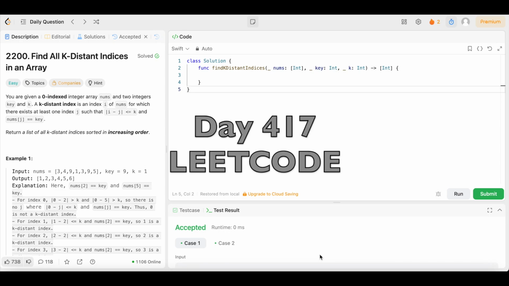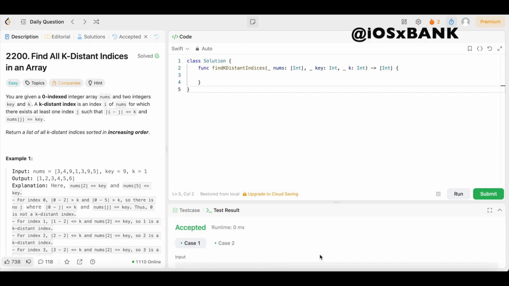Day 417 of doing a LeetCode problem every day until I get a job. All right, y'all, we're back again, another day, another LeetCode problem where we're doing daily LeetCode problems. And today we have question number 2200, Find All K-Distant Indices in an Array. The difficulty level is easy, so you already know we're going to keep the solution as simple and easy to